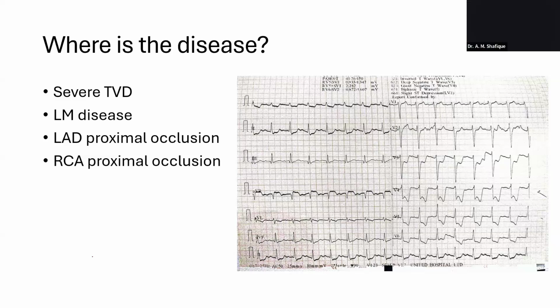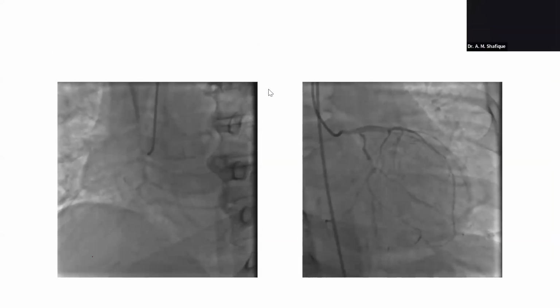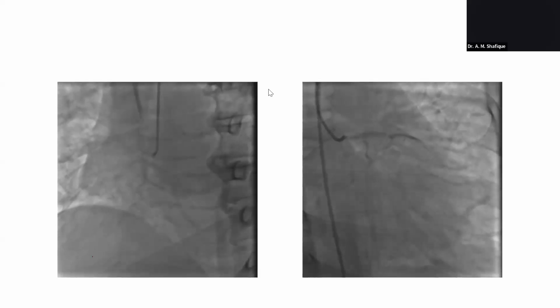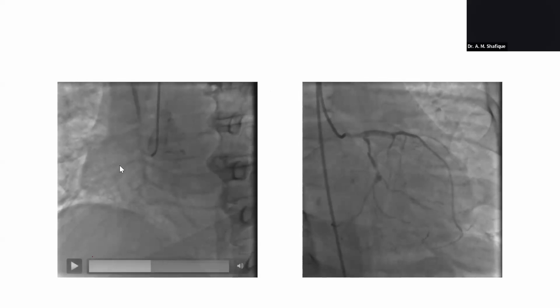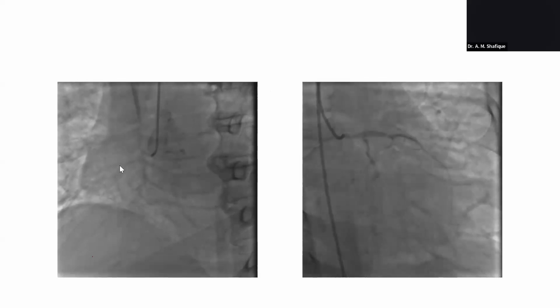Right, sir. The patient's blood pressure was not there, severe. The patient was in shock. Definitely. We could not get the RCA ostium, but we don't want to lose time, as we know the RCA was seen a bit. That is why we did not go to the RCA to see the total RCA, as the patient is on ventilator and time is short. So we had already decided the patient should have left main disease.